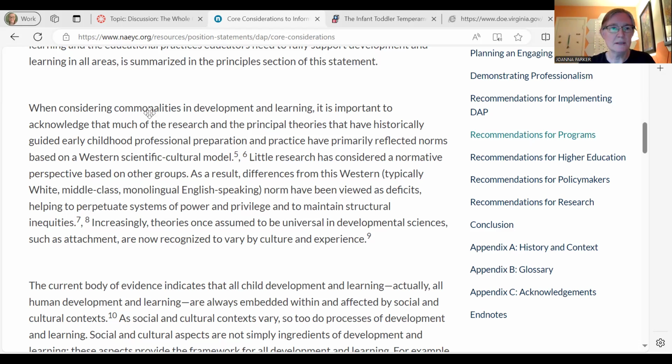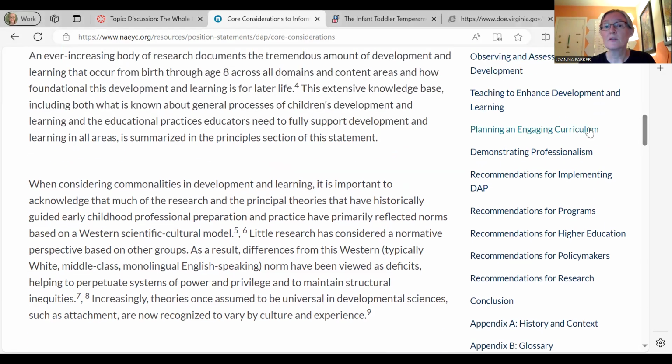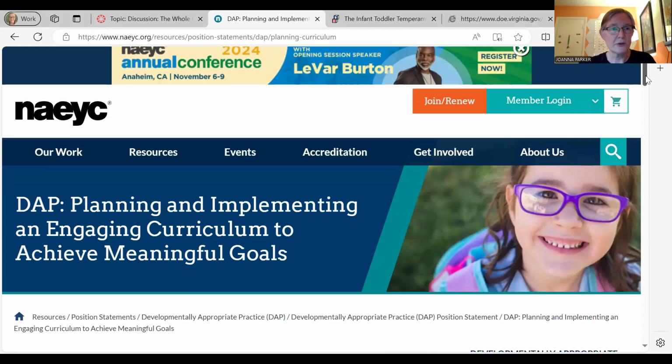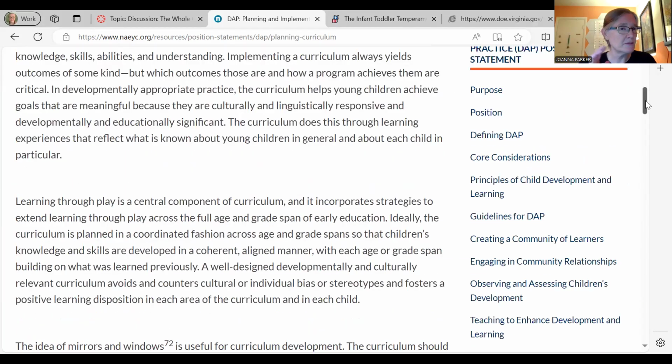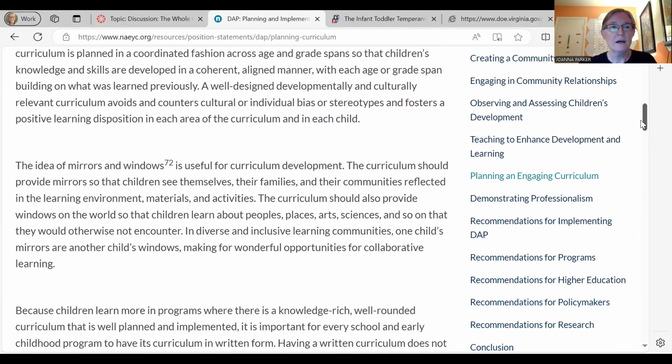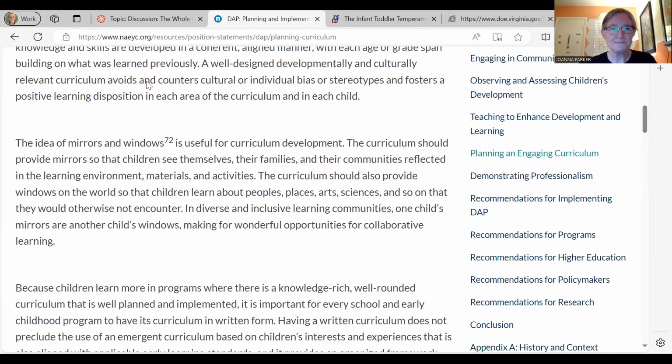In addition, as we think about commonality, individuality, and context, and we think about developmentally appropriate practice with curriculum, there is also a section here that talks about planning and engaging curriculum. And this also has some good information. And again, we will dive into this more deeply in our second session that is focused on developmentally appropriate practice. But I do want to take us here briefly